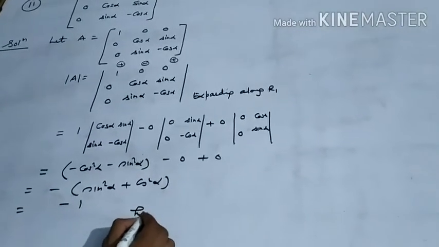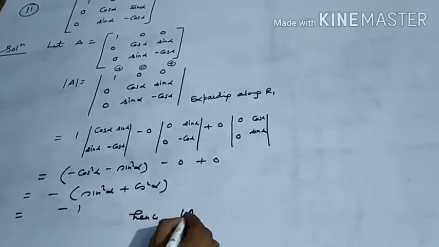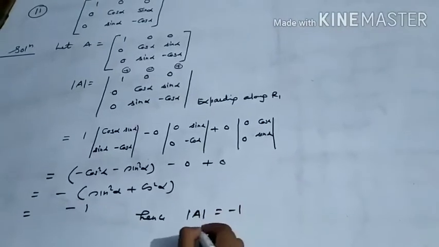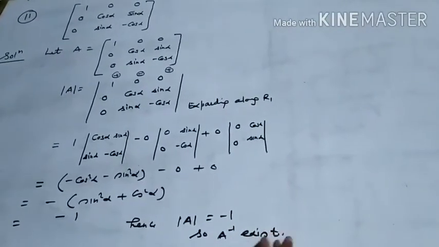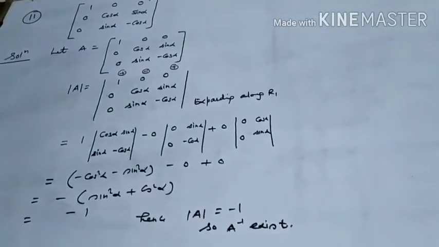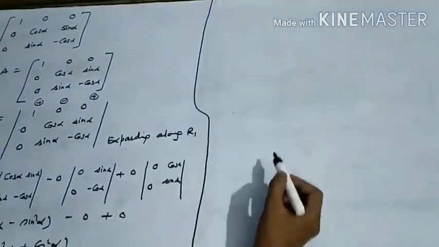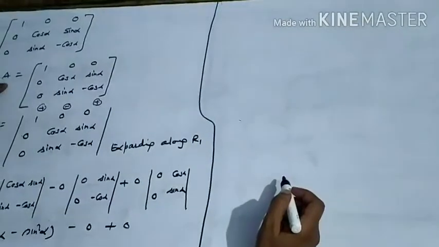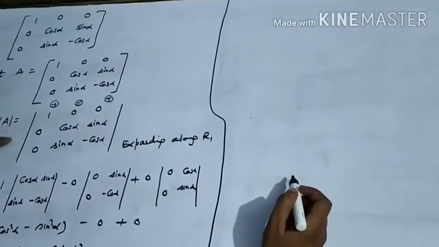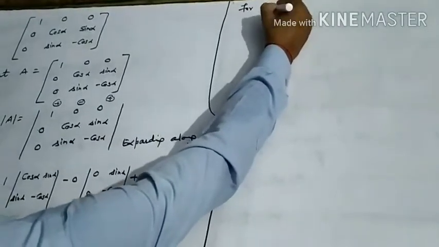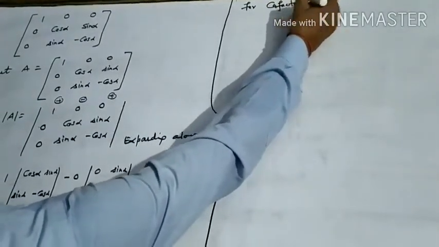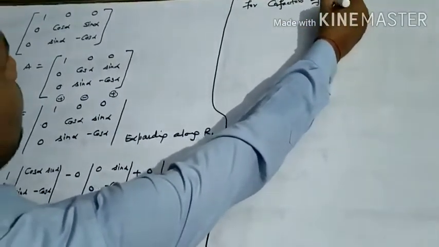Hence the determinant of A is -1, so A inverse exists because A is a non-singular matrix. Now after that we want to find the cofactor of each element of the matrix A. So for the cofactors of the elements of matrix A,